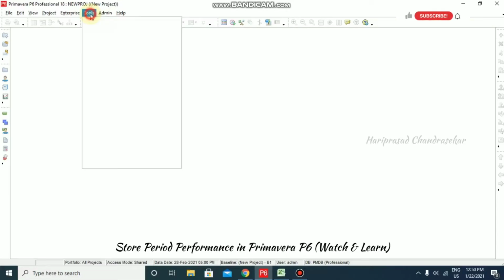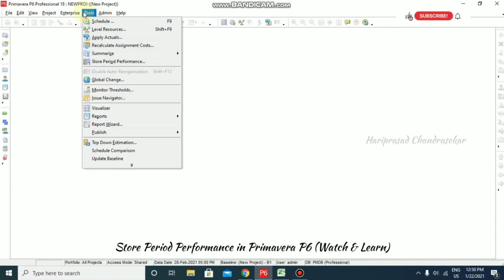So in Primavera, we also have a tool called store period performance. So we can see this now. What do you mean by store period performance? It means we can store our weekly progress, our monthly progress, our yearly progress, and what we